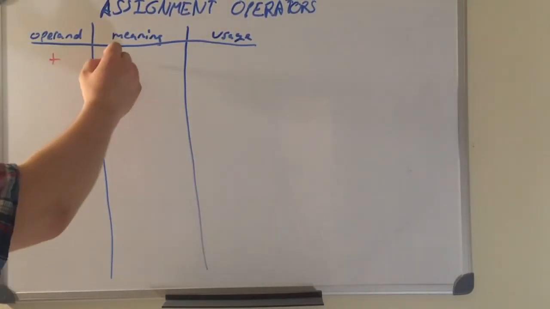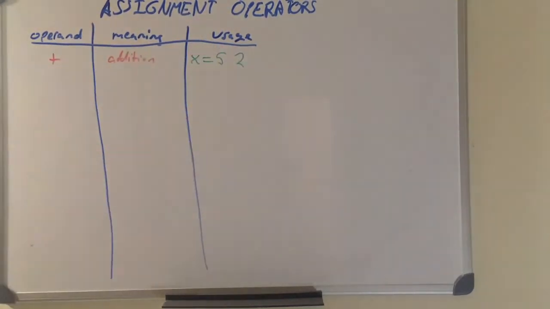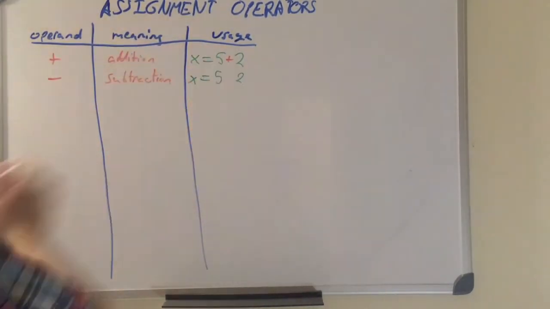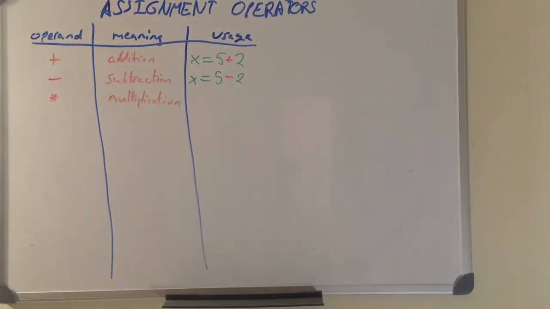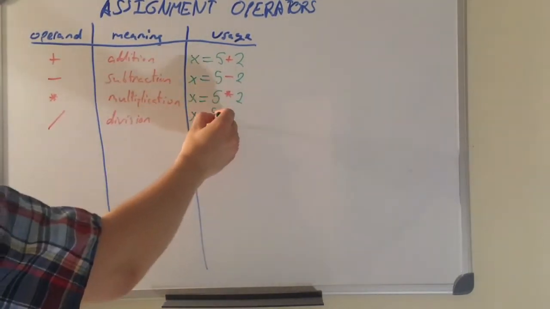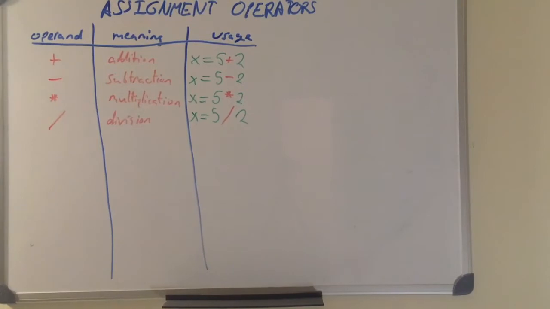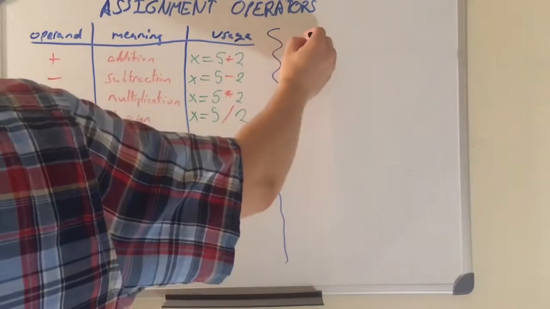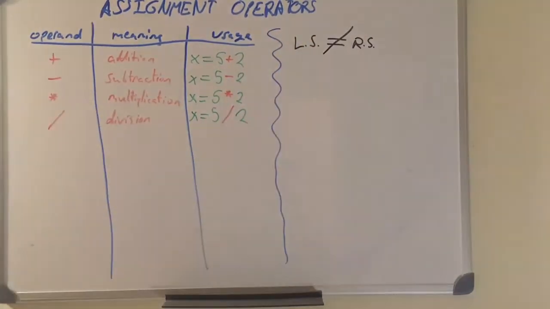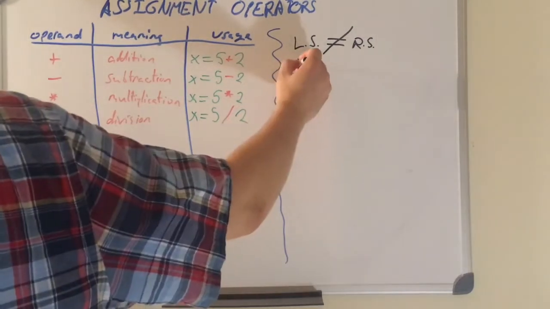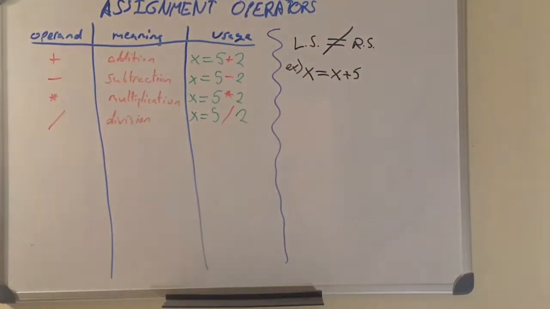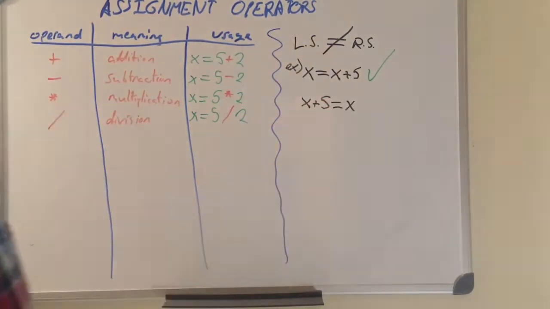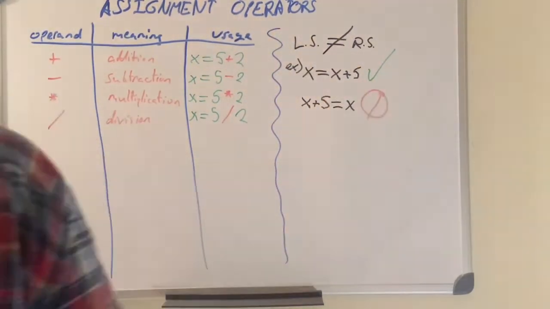First, assignment operators. The plus sign and the minus sign work just as in regular math. Same thing with multiplication and division, but these are represented as an asterisk and a forward slash respectively. It's important that the variable that you're changing the value of must be alone on the left side of the equals sign. Unlike regular math, the left side and the right side of the equals sign are not interchangeable. So, x = x + 5 is perfectly acceptable, whereas x + 5 = x is complete nonsense to the